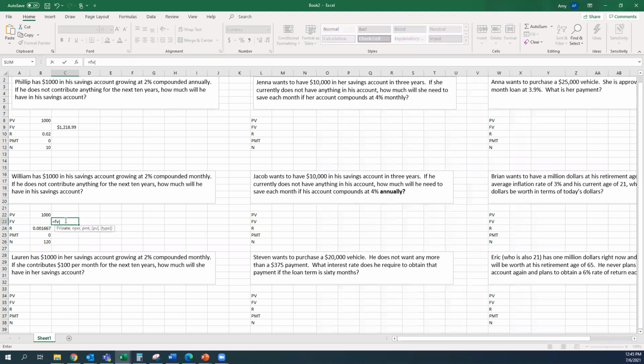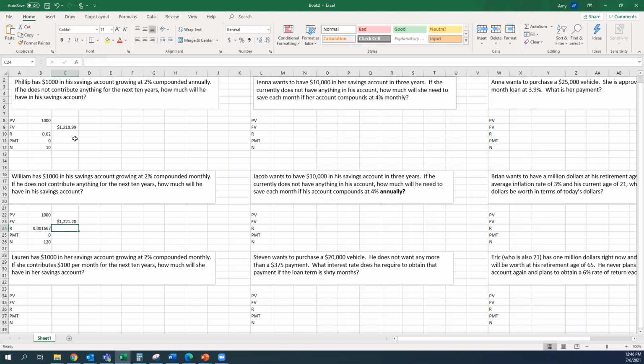Sorry about that. Your rate is going to be your 0.02 divided by 12. Your NPER is 120 months. Your payment is 0. And the absolute value of your present value gives him a difference total of